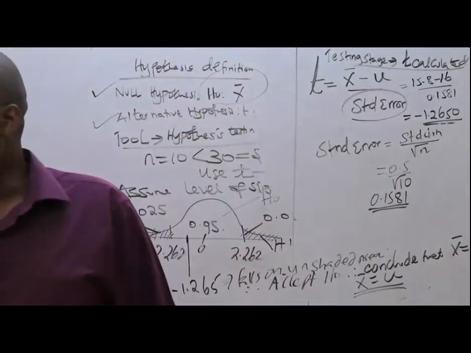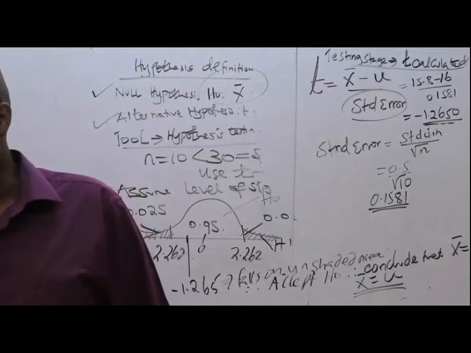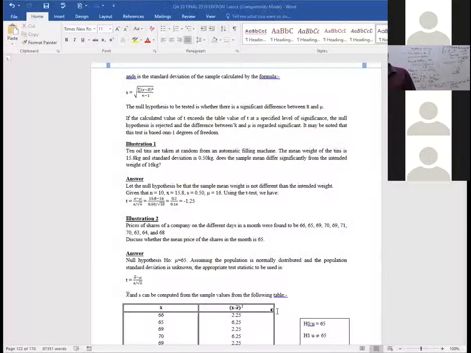Let me explain here. It's not about what you intend to do here. It is about X bar. X bar is the sample mean, always. 10 oil tins are taken at random from an automatic filling machine. The mean weight of the tins, which tins? The 10 that were selected. The mean weight of the tins is 15.8, and the standard deviation is 0.5 kilograms. Does the sample mean differ significantly from the intended weight of 16? The intended weight of 16, of course, will be the population